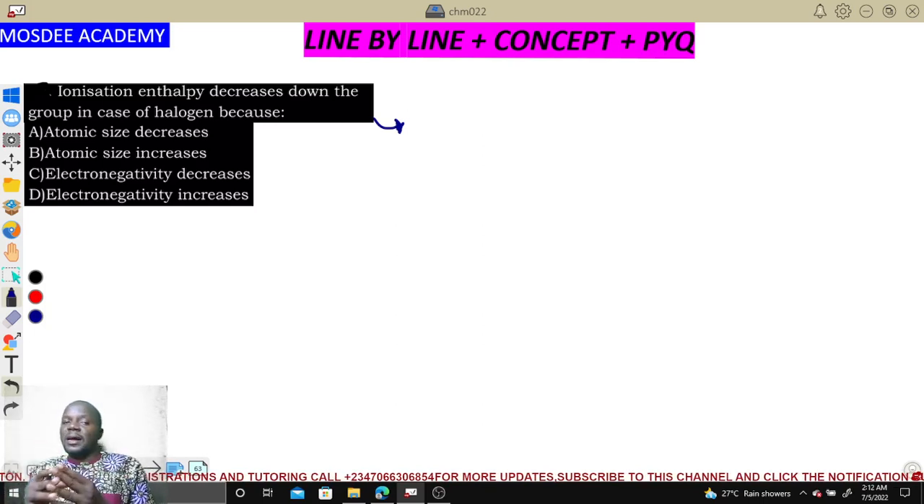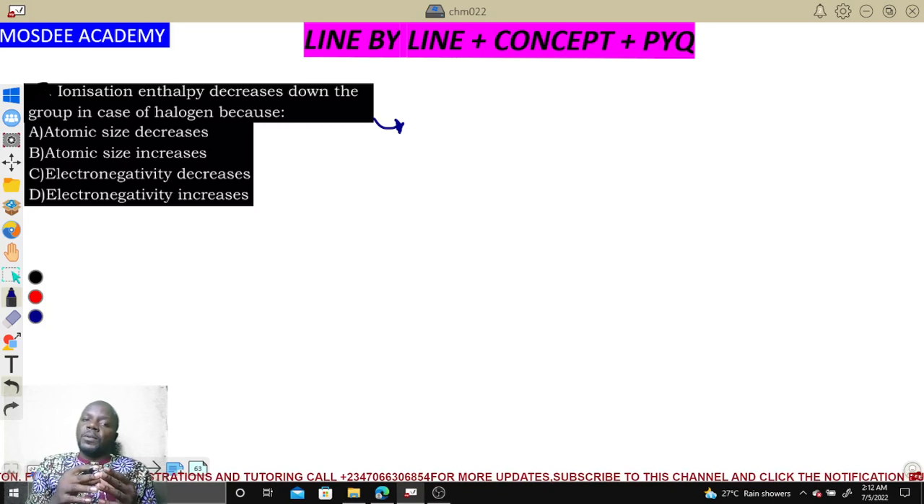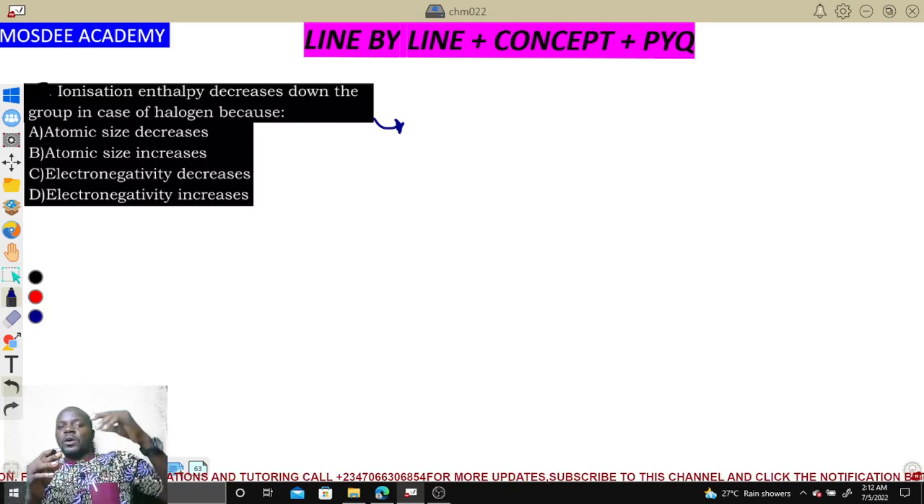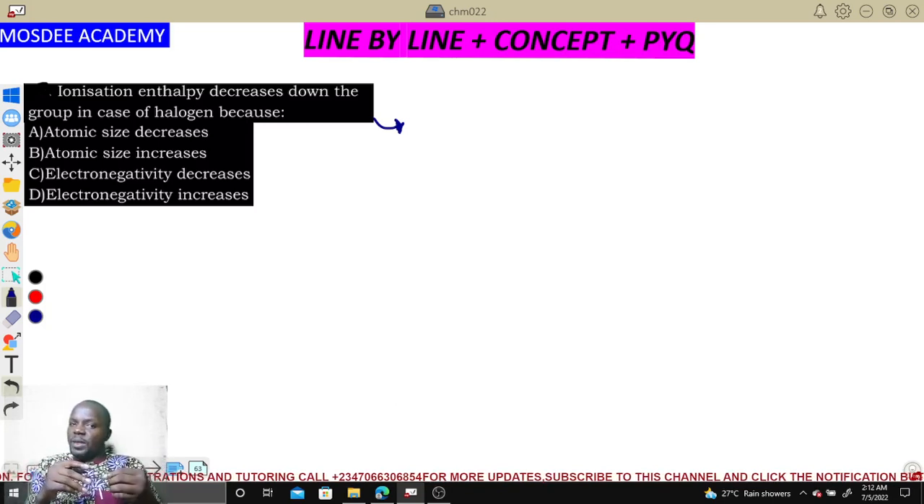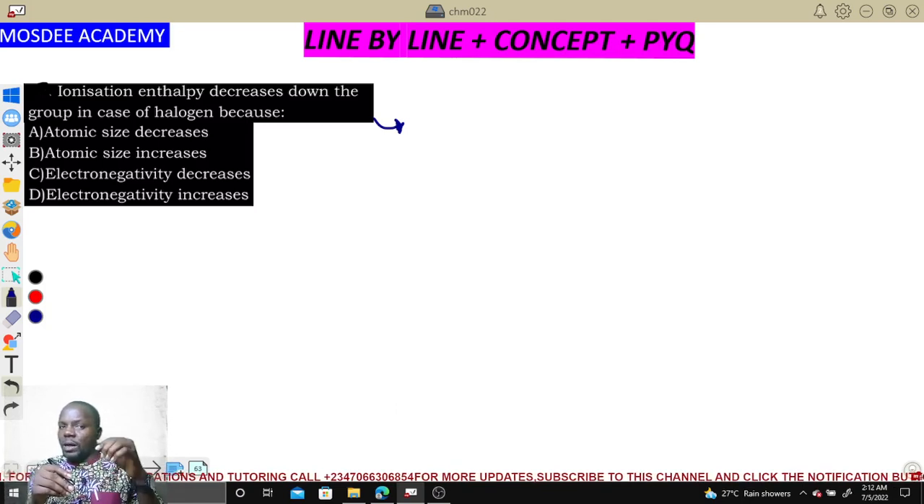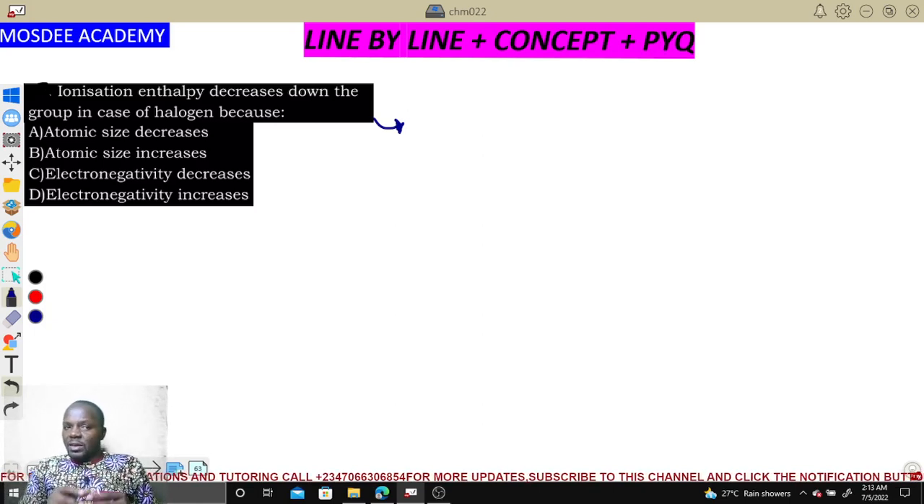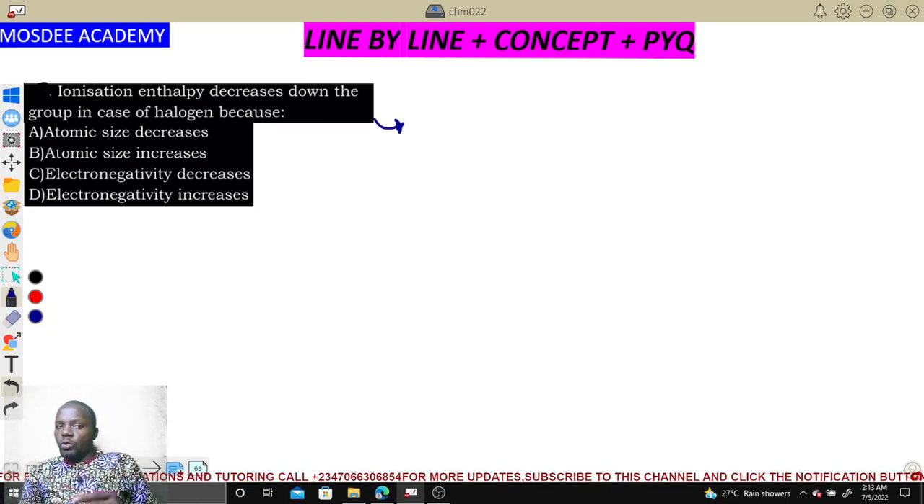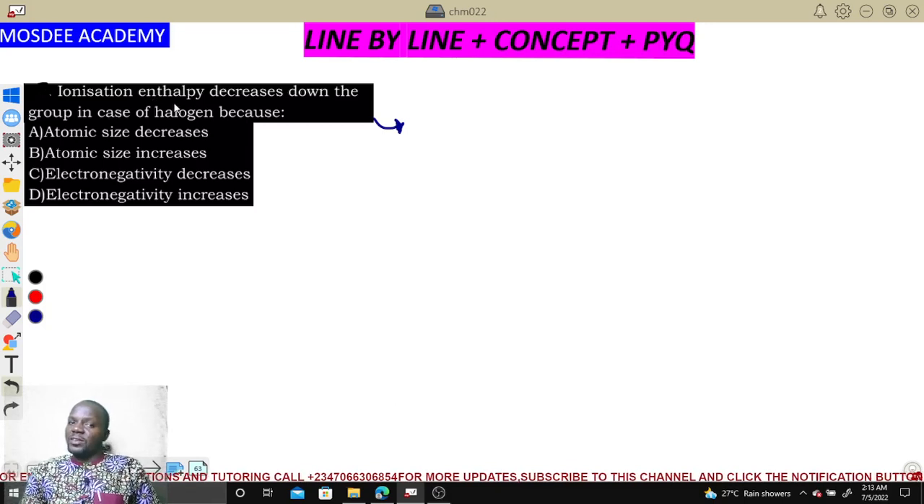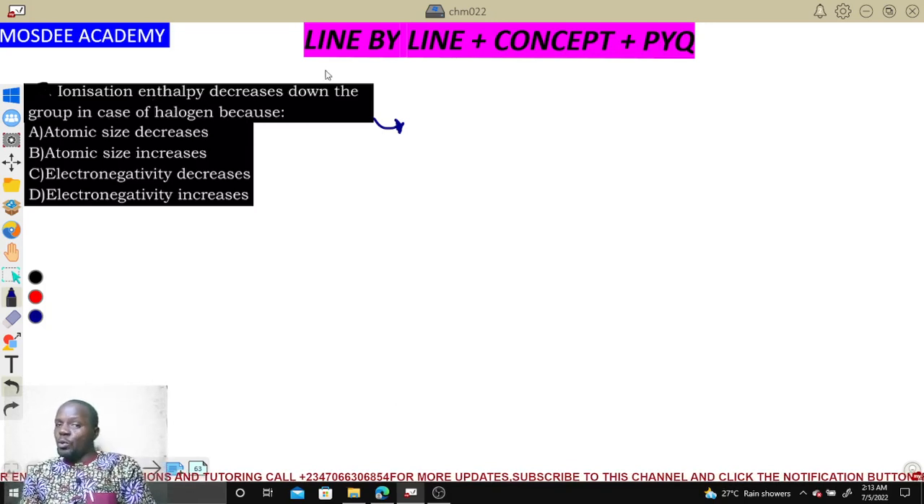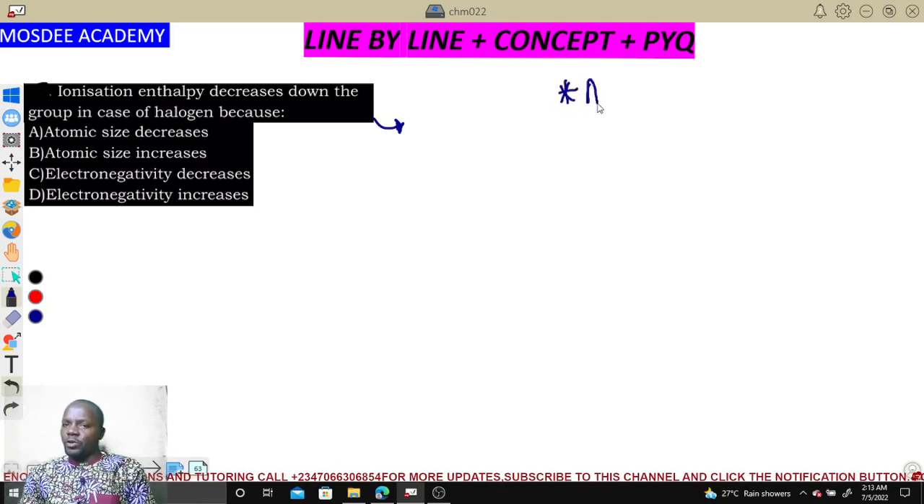Now, if I have explained that, the reason they decrease down the group is because of what happens to the atomic size. The atomic size is decreasing. So if atomic size is decreasing, you expect them to also have high ionization energy, and ionization energy to also decrease down the group. So please, an important point I want you to keep to avoid confusion is atomic radius,